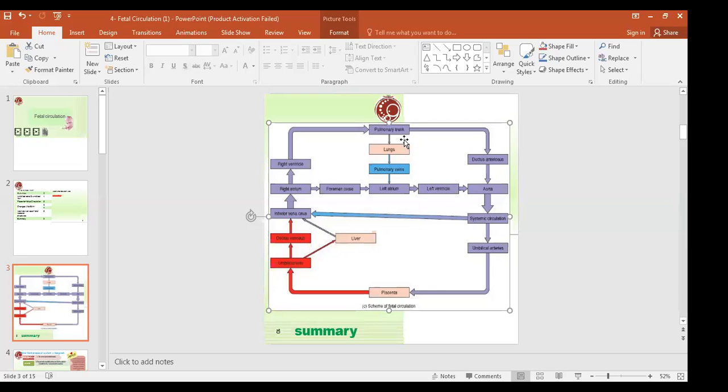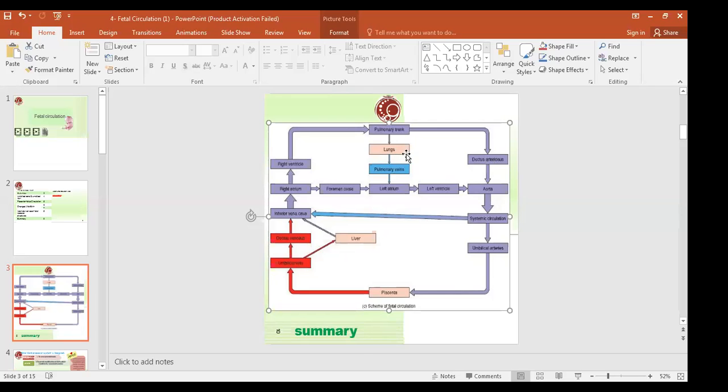And so some blood from the left atrium goes to the left ventricle to the aorta, and that is a lesser amount of blood which contains oxygen, but mixed with the deoxygenated blood which has been brought by the superior vena cava from the upper extremity and the brain. So they will come through this ductus arteriosus, because as I told you, the lungs need only a little amount of oxygen.